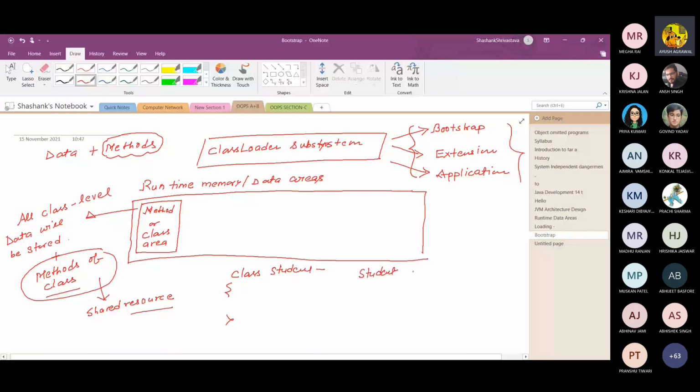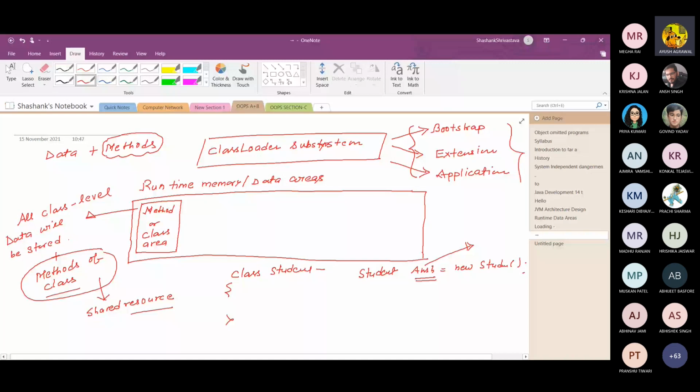Here ansh is a reference variable which refers to a particular student. Student is a class, but ansh is an object reference variable.